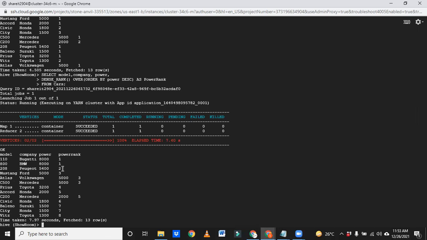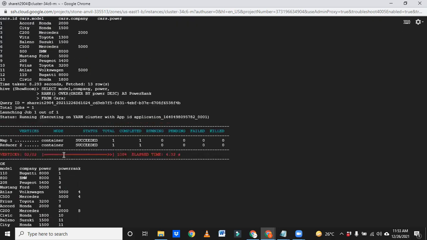Are you able to understand here? See, in rank, at this position we saw number 4. But now when we use dense rank, it didn't skip the value. It has assigned the next consecutive value. After 1 we are seeing 2 and then 3. For the others also you can see something like that. For this 5400 power, we will see what rank has given.